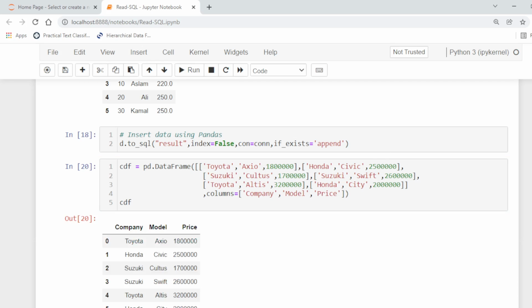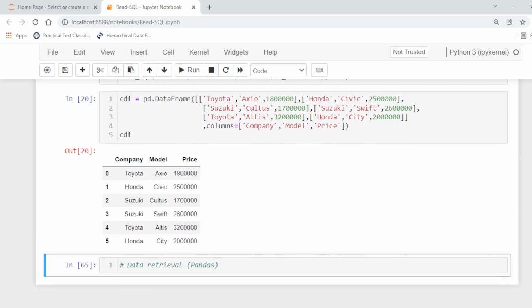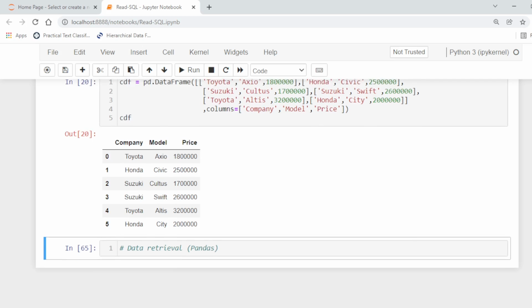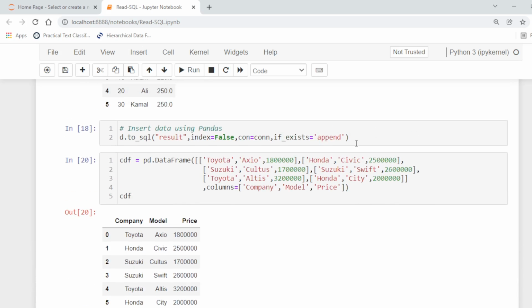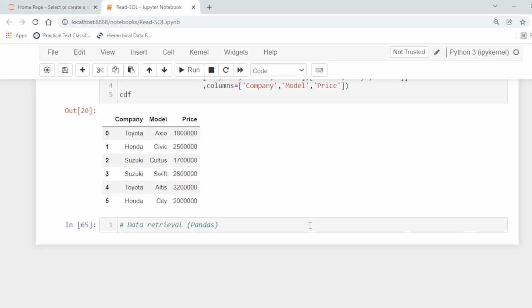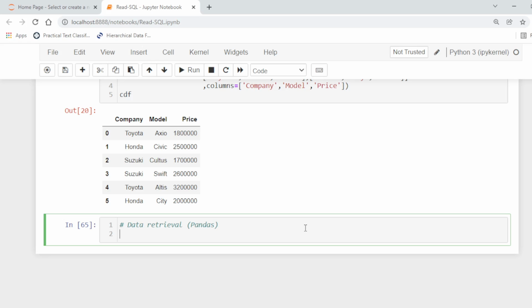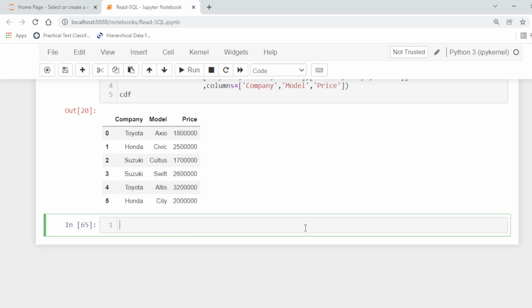So this is actually a data frame with 3 columns and 6 rows. Now to write this, we can append this to insert. We are going to create a table called cars, index false, if exists, append.